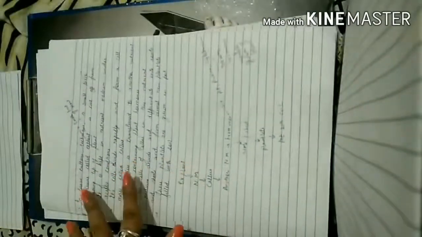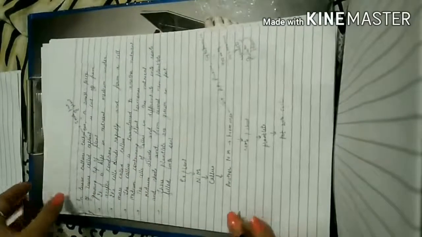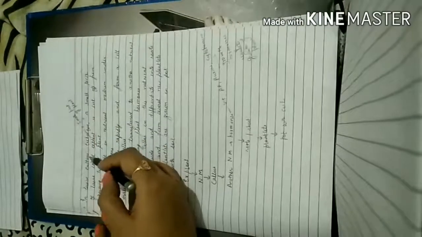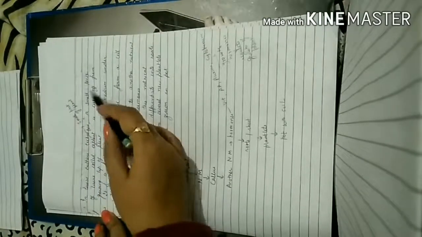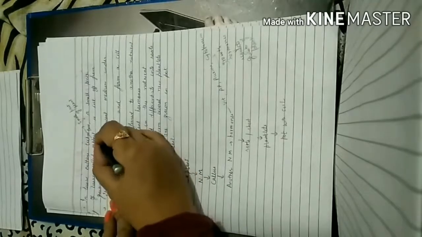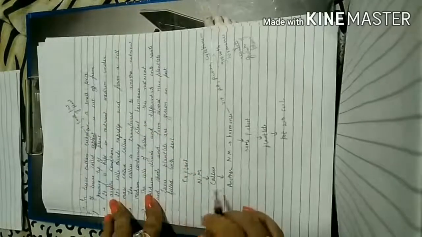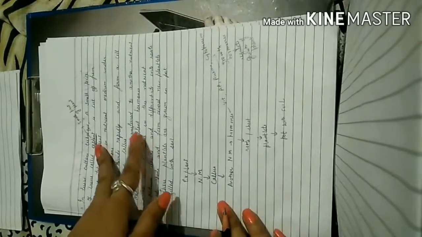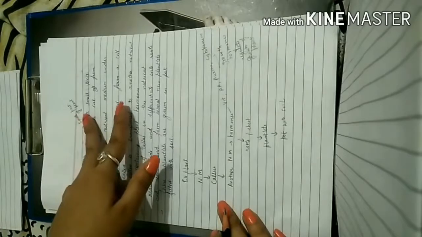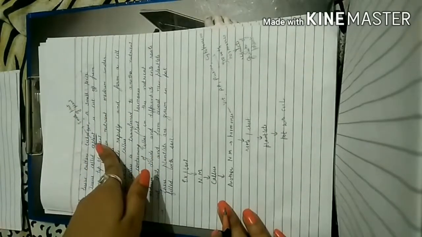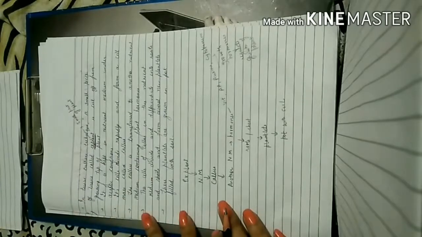So let us study what this tissue culture technique is. In the tissue culture technique, a small piece of tissue called explant is cut off from the growing tip of the plant. So the term you should know here is explant. We will take an explant. Now what do you mean by explant? It is a small part of the plant. That is referred to as explant.